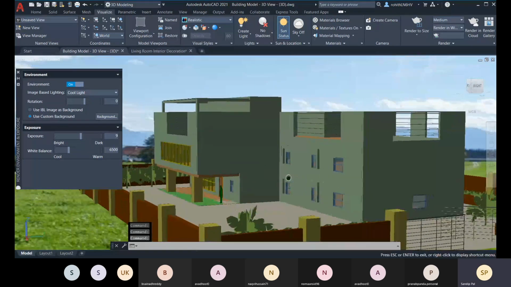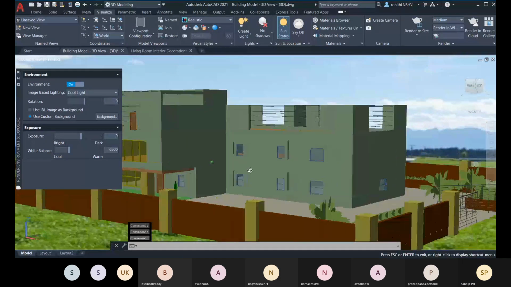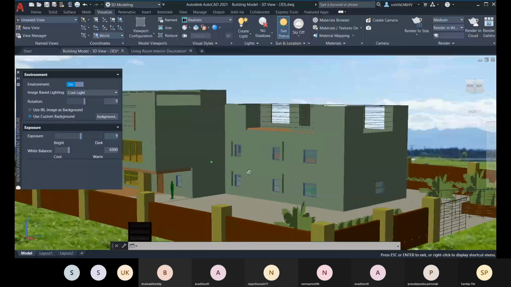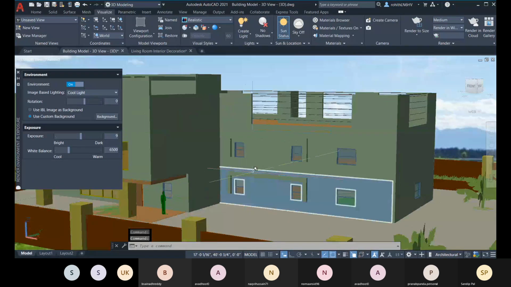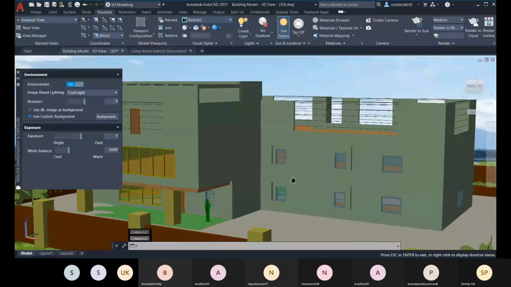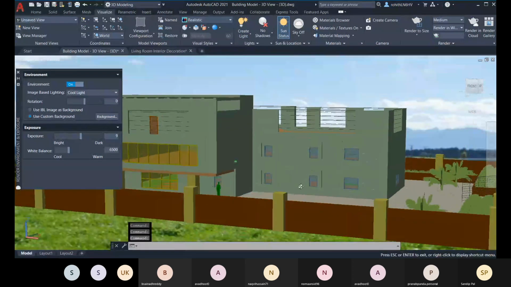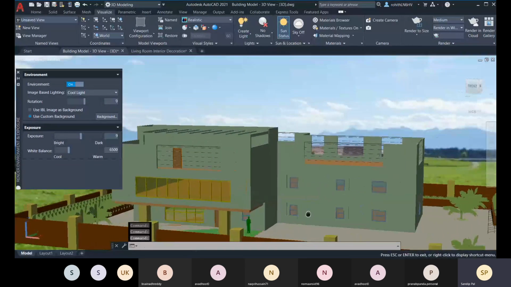You can set it like this as well. And after this, you can go for the render part.